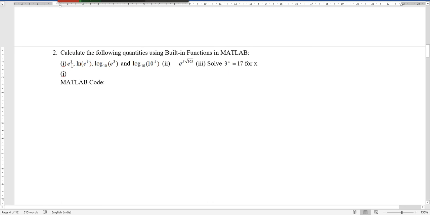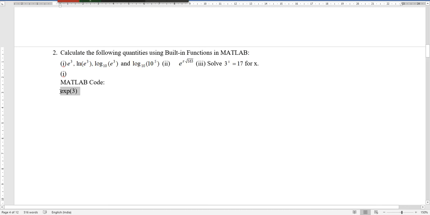What is the Matlab code? exp of 3. Okay, use only small letters, not capital letters. exp of 3, so you will get e power 3. Okay, so output,